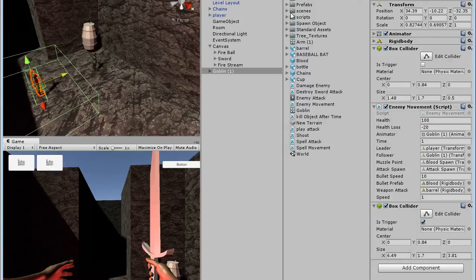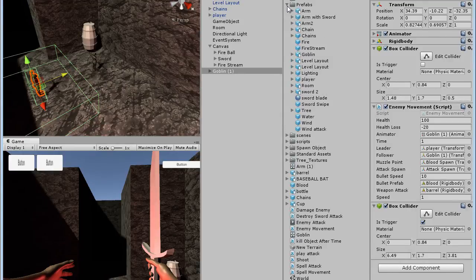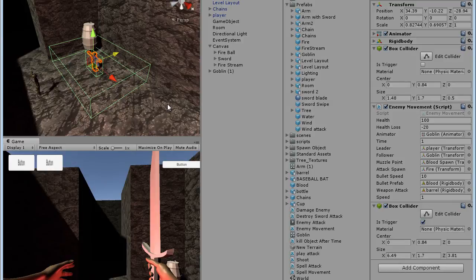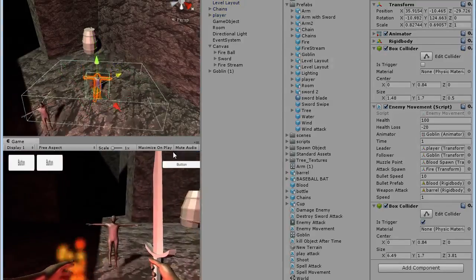So now, let's upgrade it a small little bit real quick. Throw that in here and throw that in here. So now the goblins have the ability to